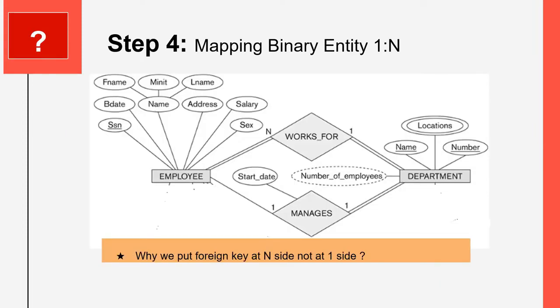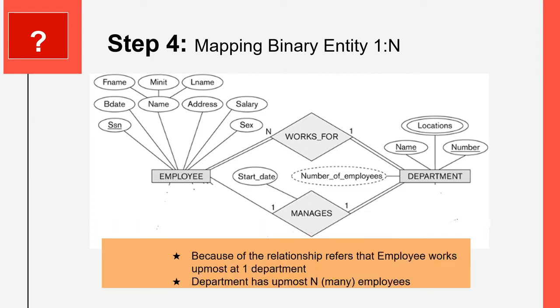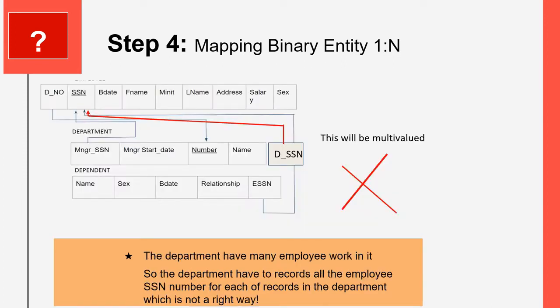Why do we put a foreign key at the N side, not at the one side? This is because of the relationship: an employee works at most at one department, and a department has at most many employees. Why don't we put the foreign key in the department relation? Because if we put the